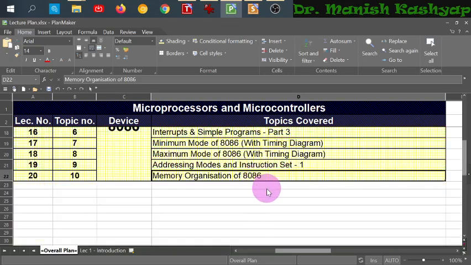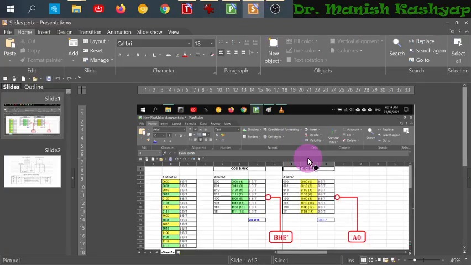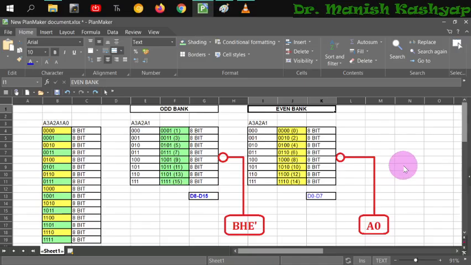First of all, the memory is segmented. So you can make 4 logical segments in your completely externally interfaced memory, which is of 1 megabyte size. Other than that, the hardware implementation of this memory is such that you need to have an odd bank and an even bank, right? And we studied that in the last lecture. So let me just show you the slides and let us quickly revise that,